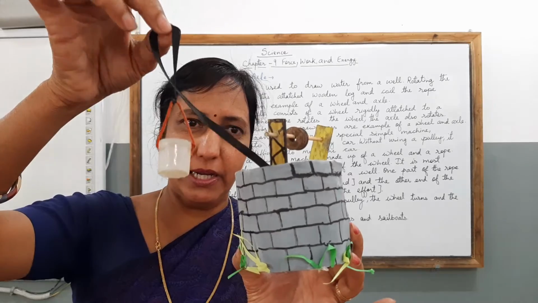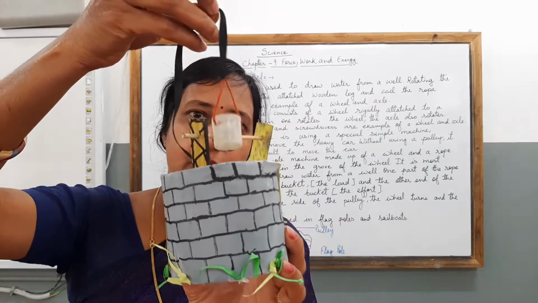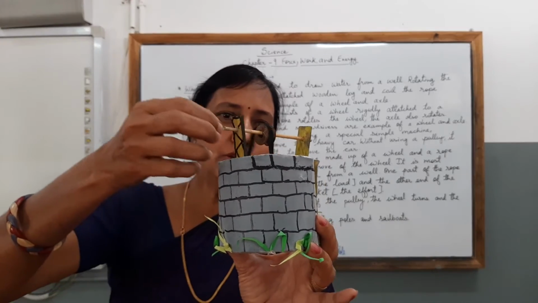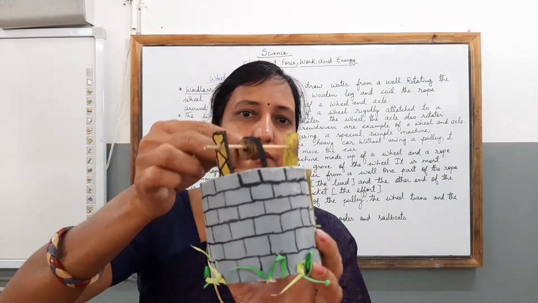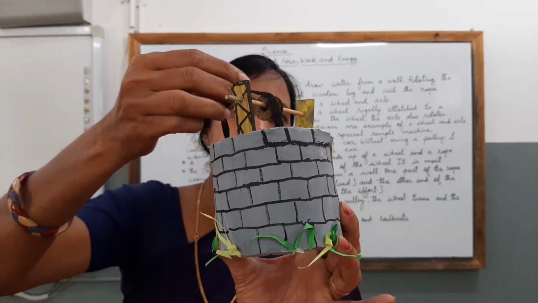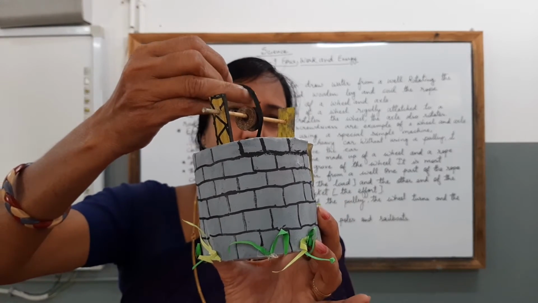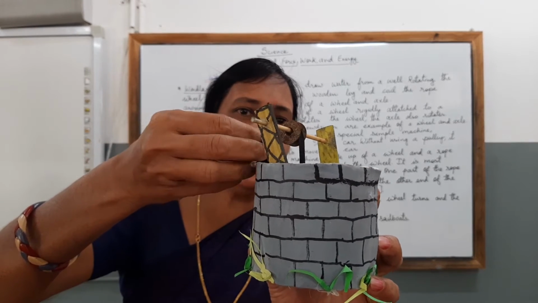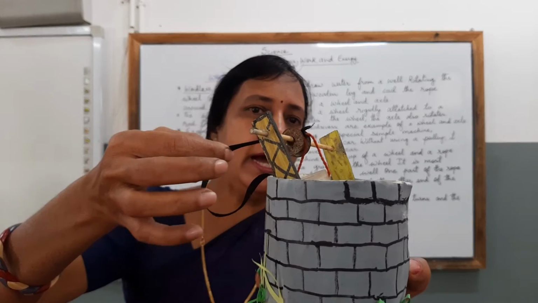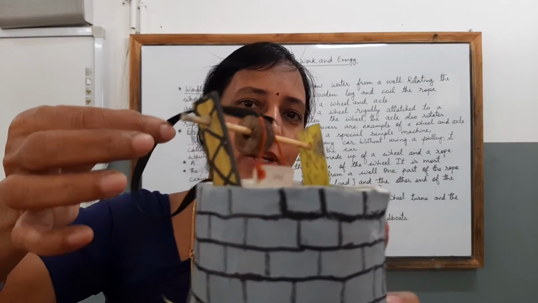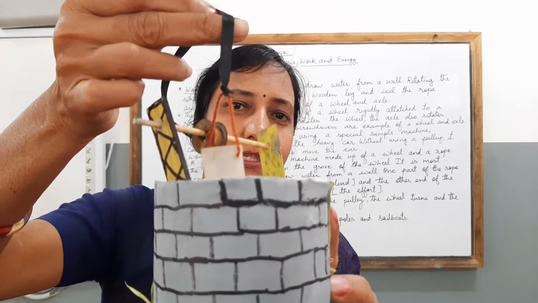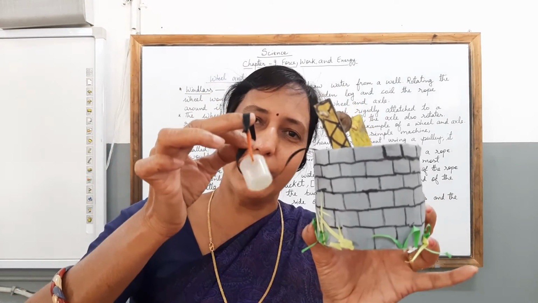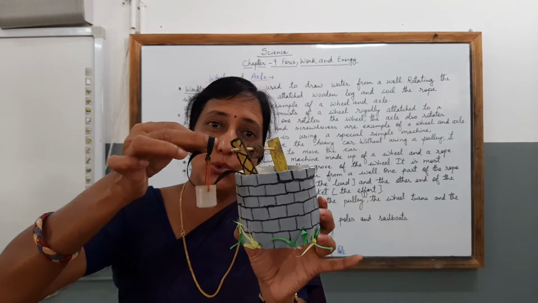So children, here is the bucket which is going to be laid on a wheel like this. Can you see? When it is laid on a wheel like this, and then with the effort, you are pulling the bucket. Bucket is pulled, and as you can see, the wheel is rotating. Can you see, children? And the bucket has come up, and then you can carry this full bucket of water outside easily, which was deep down in the well.